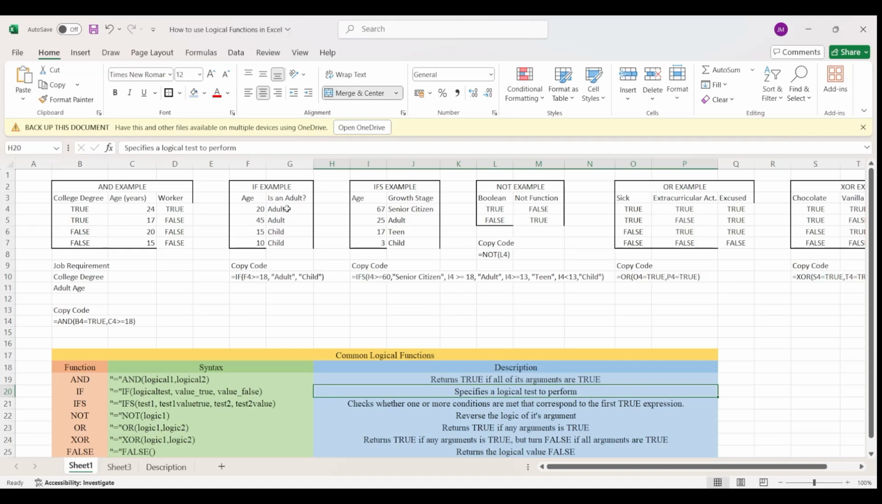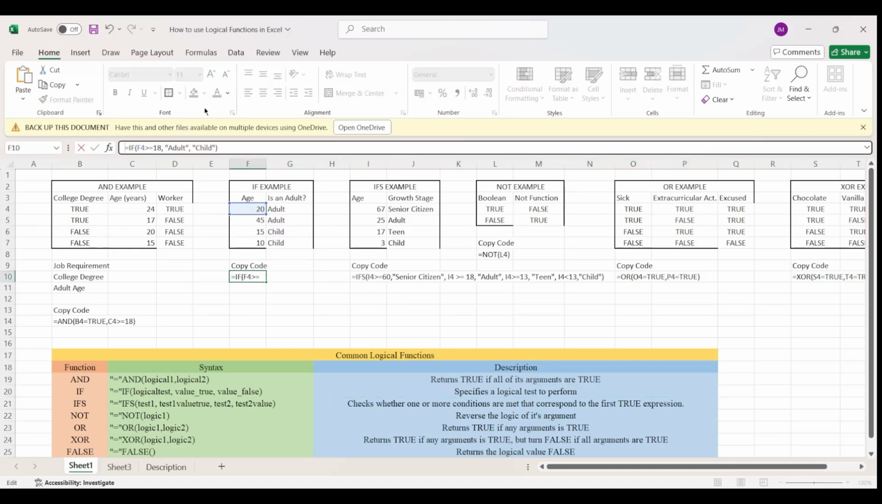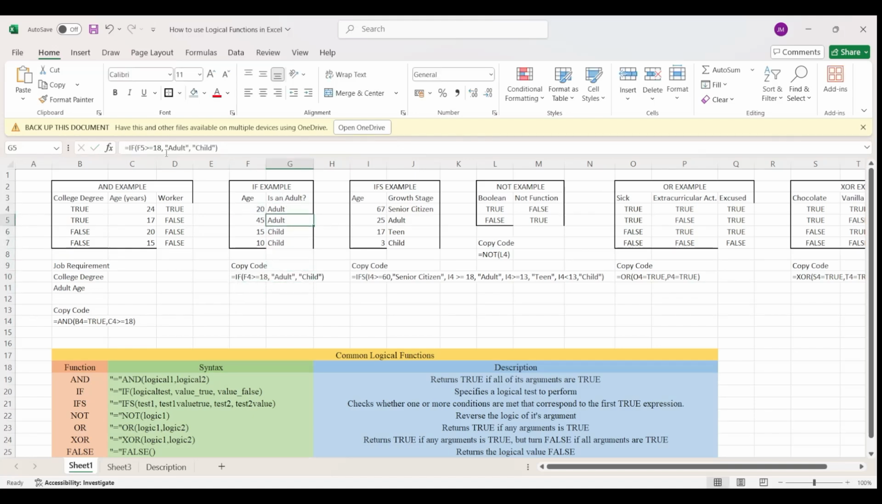Here is the IF example. If a person is an adult, of course, here in this logical statement, you can see it checks if F4, an age, is greater than or equal to 18. And if the number is greater than or equal to 18, then it returns adult. And if it's false, it will return a child. You can see in the given example, 20 is greater than 18, so they're an adult. 45 is greater than 18, so they're an adult. And 15 and 10 are less than 18, so they're false in the logical statement,